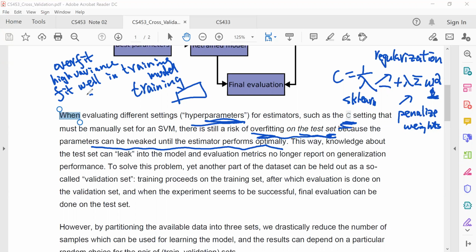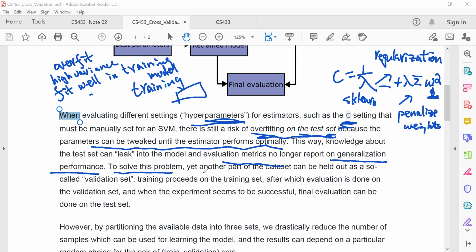So that's called overfit. As knowledge leaks into the model, the evaluation metric no longer reports a true generalization performance. So to solve this kind of problem,